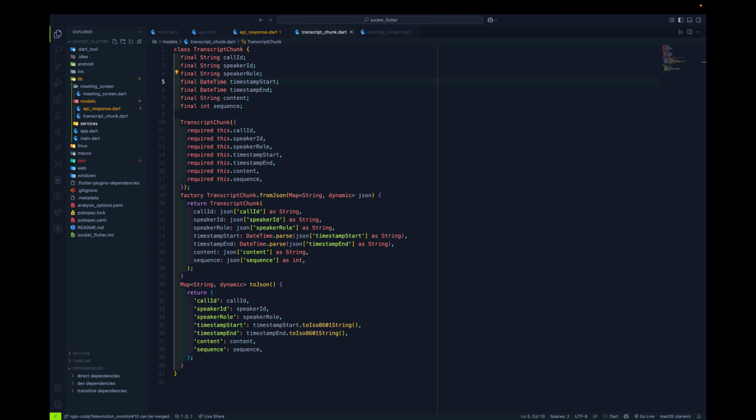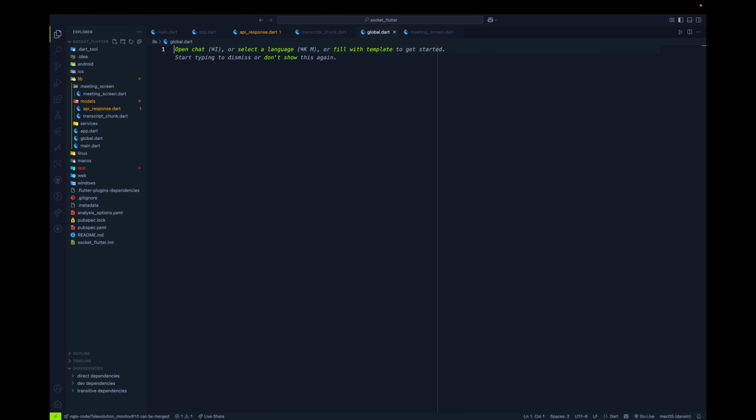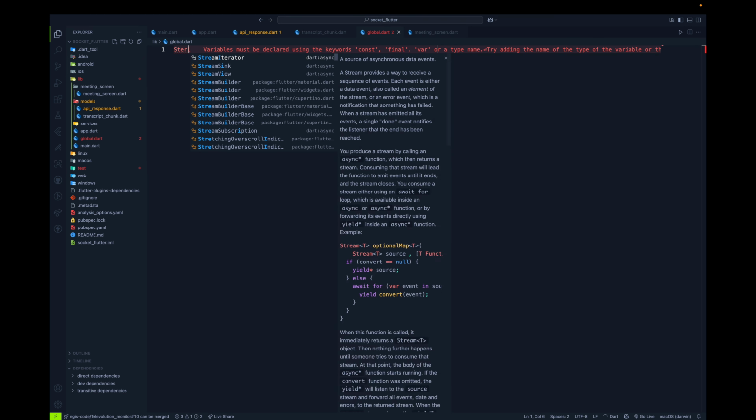In the services, we are going to have three files called API URL, signaling server and transcript service, because we want our application to connect with the backend. Now before jumping to the service files, we are going to create a global file. Why we are creating a global file is that in the global file we are going to put our API URL. So it should be like this: string